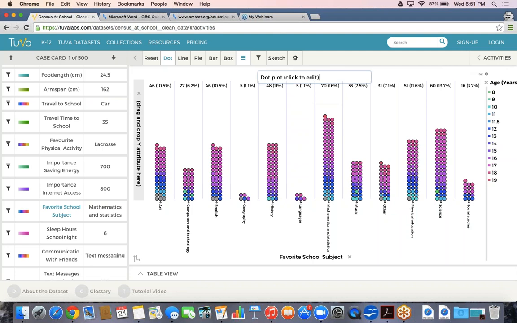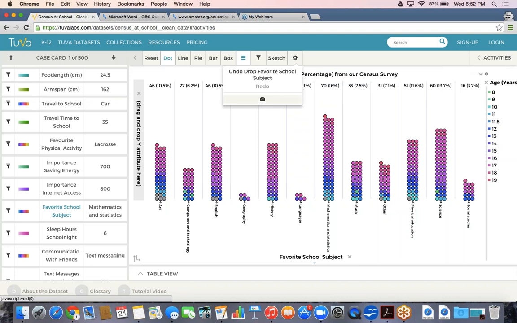And what we recommend is you always want to label. So here we can label the chart that we're about to download. So it's favorite subject count and percentage from our census survey. So I've labeled my graph, and then I can go back here, I can press this